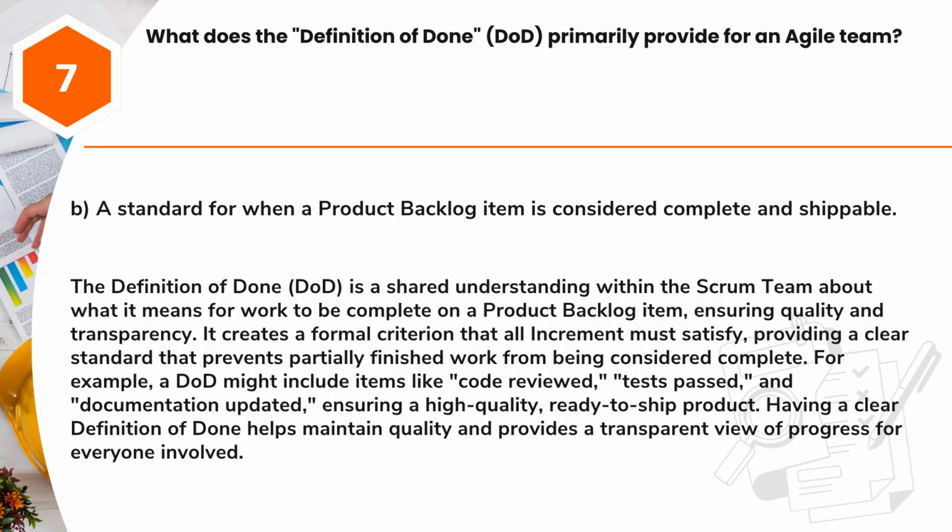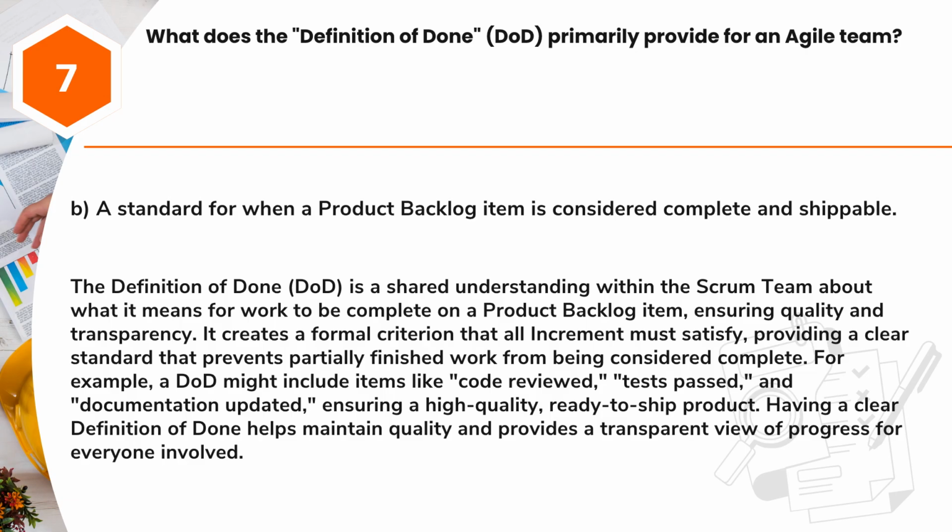Answer, B. A standard for when a product backlog item is considered complete and shippable. The definition of done, DoD, is a shared understanding within the Scrum team about what it means for work to be complete on a product backlog item, ensuring quality and transparency. It creates a formal criterion that all increments must satisfy, providing a clear standard that prevents partially finished work from